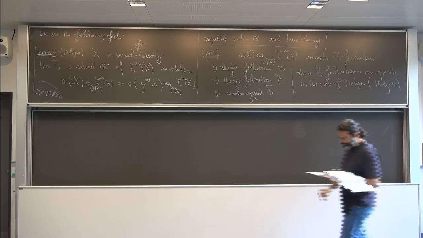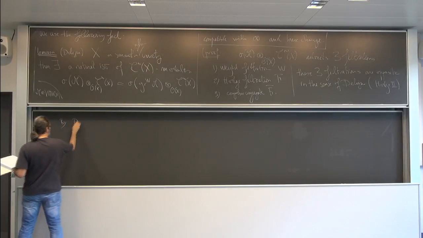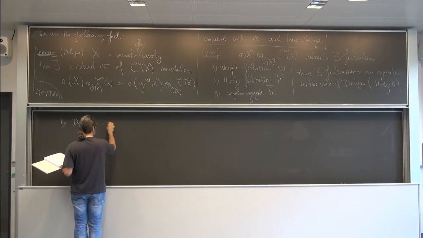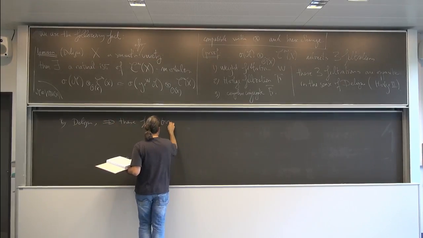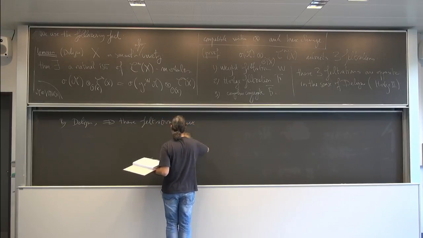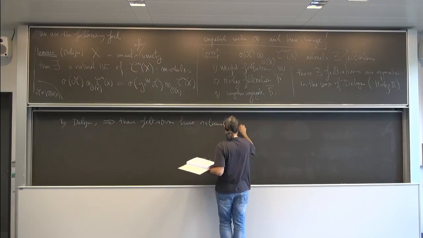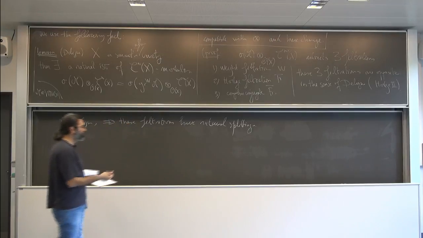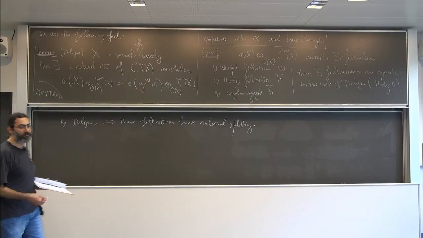Okay, so by Deligne, we know that these filtrations have natural splitting. As far as I understand, the splitting is not unique. There are choices. You can define many splittings,